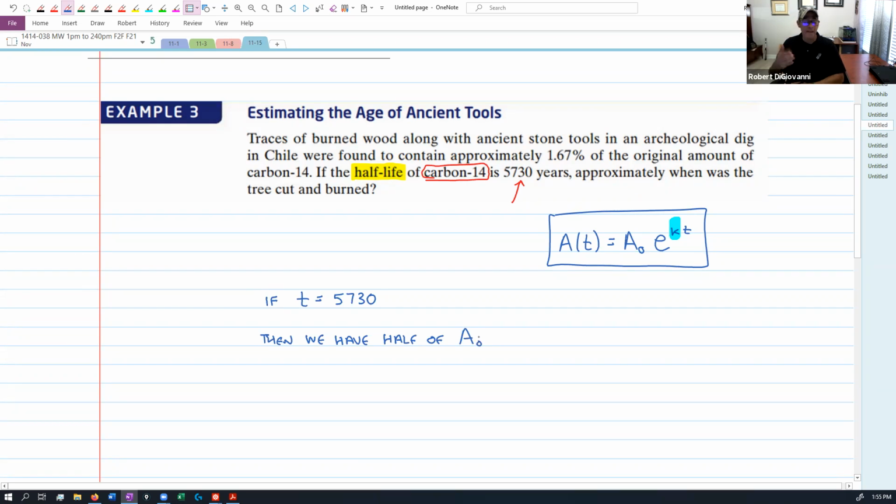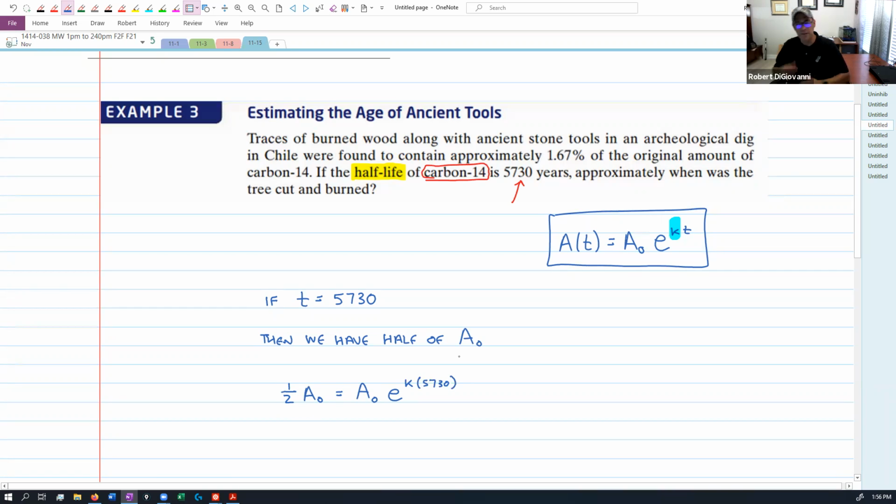We should have half of A naught after that much time has gone on. So that means I can take this equation and write 1/2 A naught on the left side equals A naught e to the k times